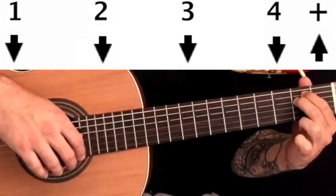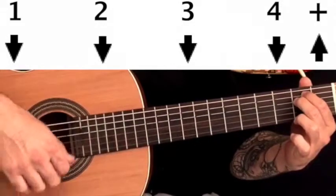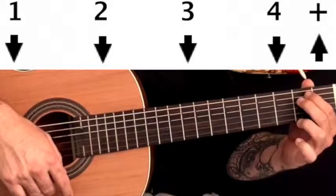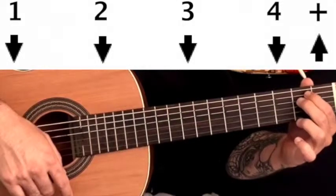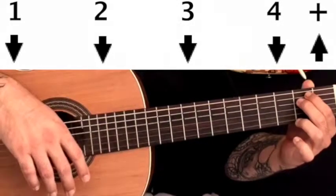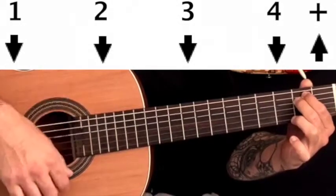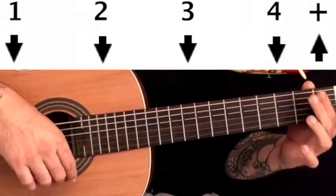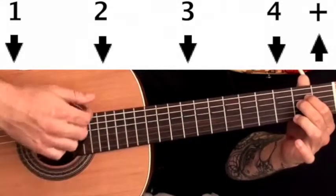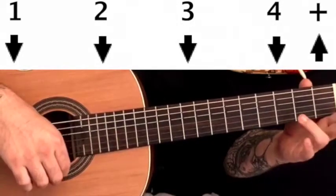So what we're going to do is we're going to go 1, 2, 3, 4. Then as we relax our hand and we lift it up and we're moving over to our A, we're going to play the up. The and, sorry. So it's going to go like this. 1, 2, 3, 4, and then we go down to our A. 1, 2, 3, 4, and